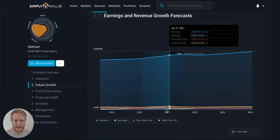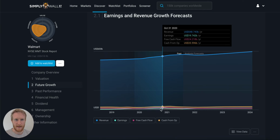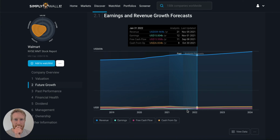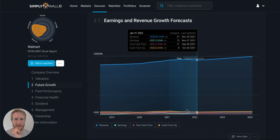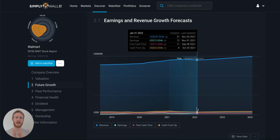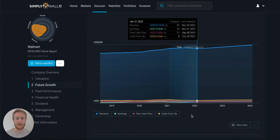So it looks like there's been a dip over the last year, considering earnings were 13 billion at the start of the year, 19 billion last year, 17. Okay, so this one-off item might just be temporary, and according to the future forecast, analysts do expect earnings to recover, like 15 billion next year by January. This is for trailing 12 months, by the way, so this isn't quarterly figures. This is for the 12 months leading up to January 31, 2022. So yeah, interesting. Looks like they do expect earnings to recover, so it looks like it is just a large